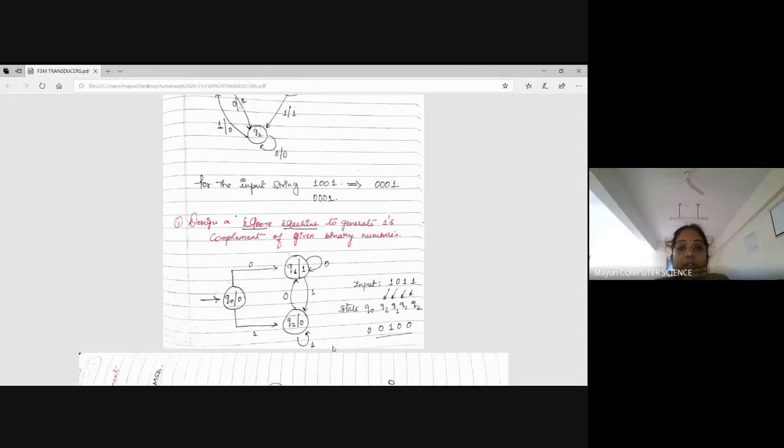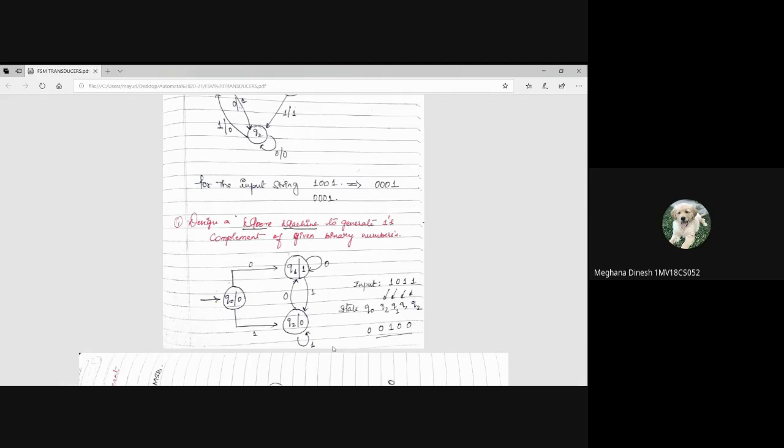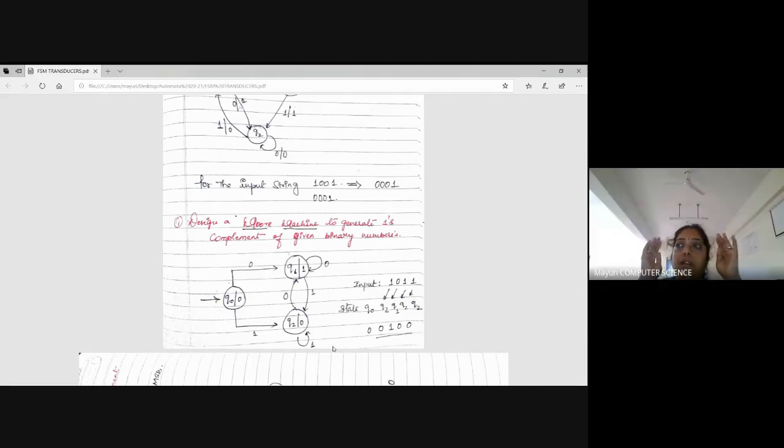A Moore machine to generate the one's complement of given binary numbers. So now only two things are to be in your mind. One is I'm going to construct a Moore machine where the state is associated with the output. And what is one's complement? One's complement, you know that when I give 0, it has to be 1. When I give 1, it has to be 0. What does it mean? When I give the input 0, it has to go to a state with the output 1. Clear? Yes, ma'am. When I give input 1, it goes to the state which has the output 0. So this is the concept.